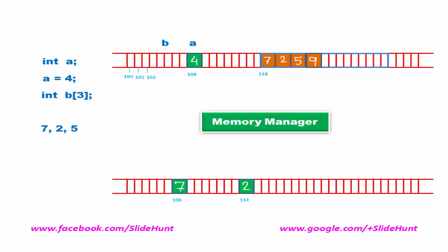Since we make two separate requests to store the elements, we may or may not get adjacent memory. The higher probability is that we may not get adjacent memory space. Similarly, the memory manager allocates memory space at address 126 to store the element 5. As you can see, when we make a separate request for each integer, instead of getting one contiguous block, we get disjoint, non-contiguous blocks of memory.